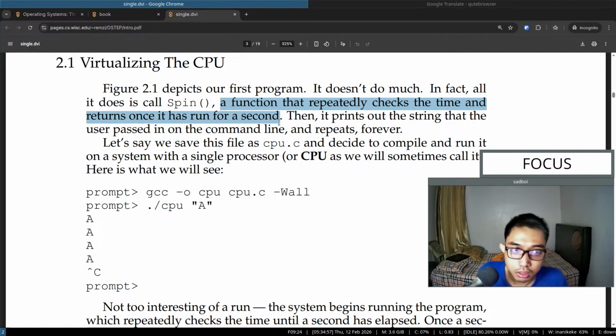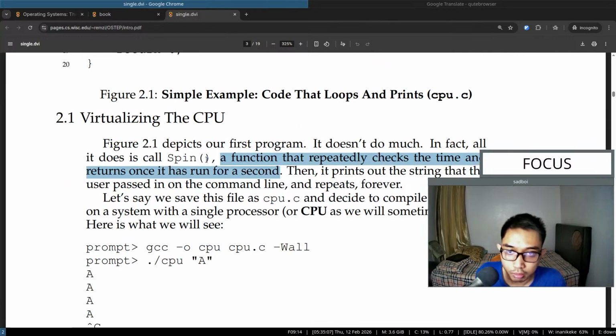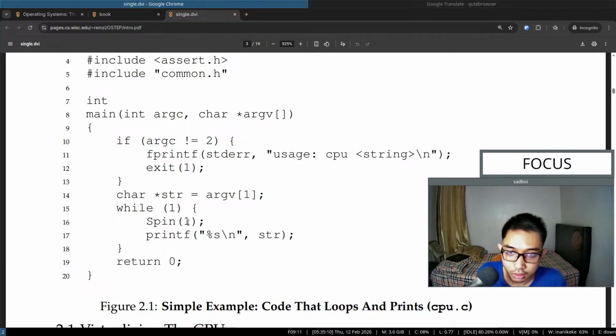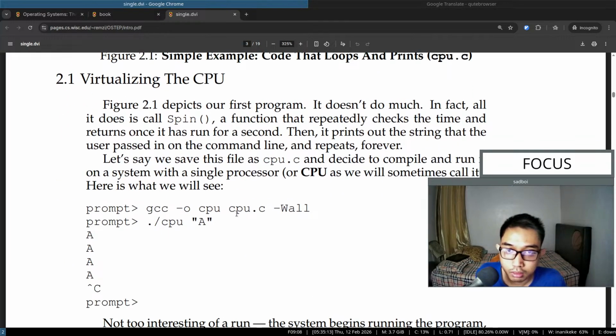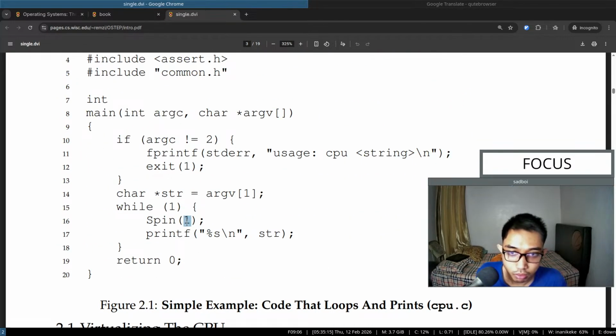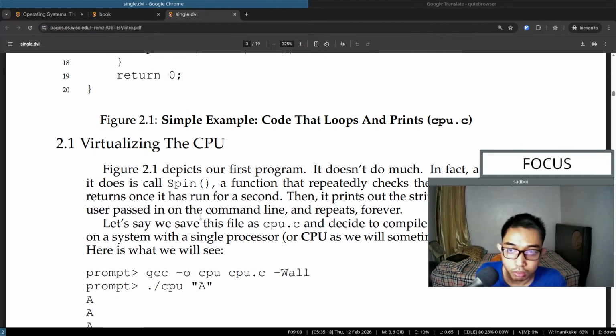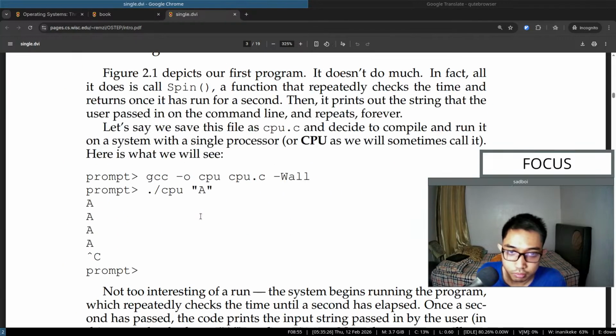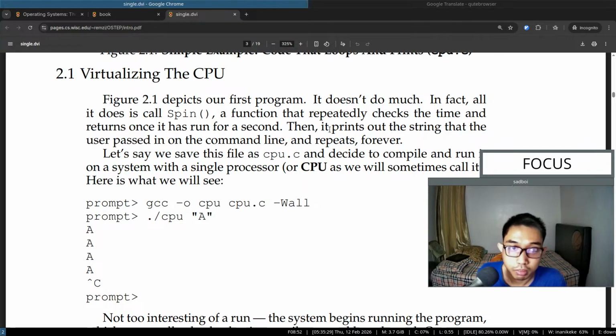Is it similar to sleep? Maybe. And returns once it has run for a second. I'm assuming the second is the argument here. So maybe if we provide 2, it will return after 2 seconds. Maybe. Okay, and then it prints out the string that the user passes in on the command line and repeat